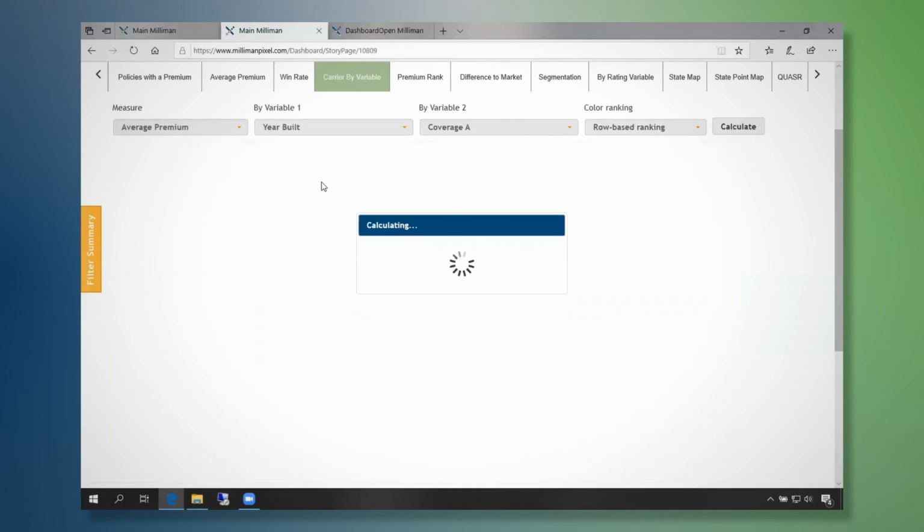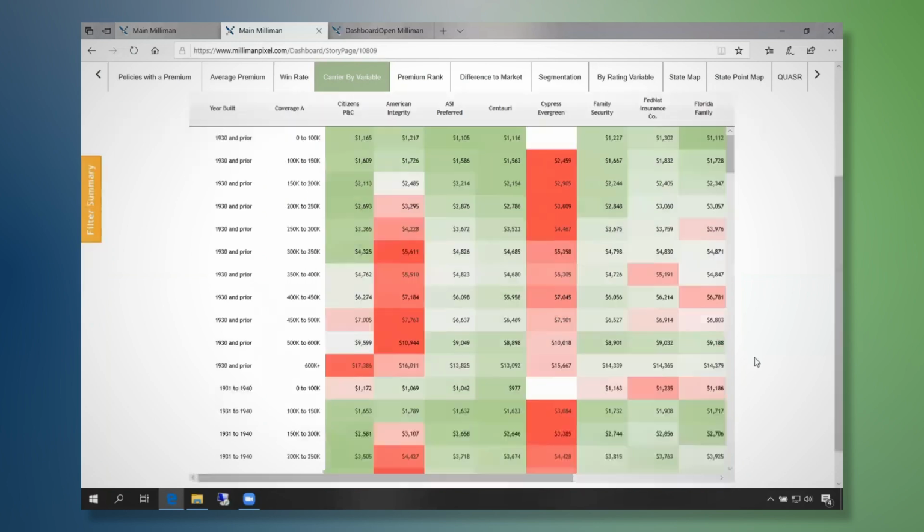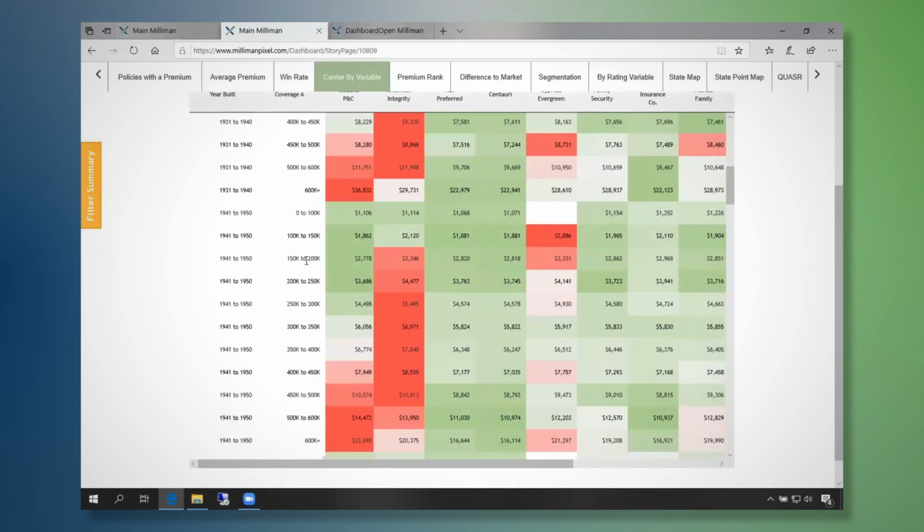This is going to be a much longer table because it has each combination of the year built, and then within that particular year built, every single combination for the coverage A. If we focus just on older homes, built 1930 and prior, this will give you the competitiveness of the primary compared to all of the others for these different coverage A groups. And then it goes down for each combination.